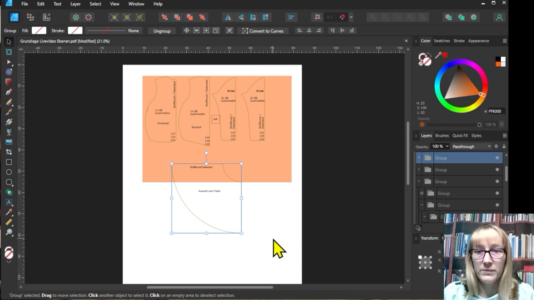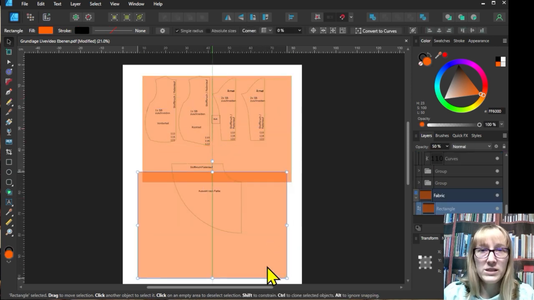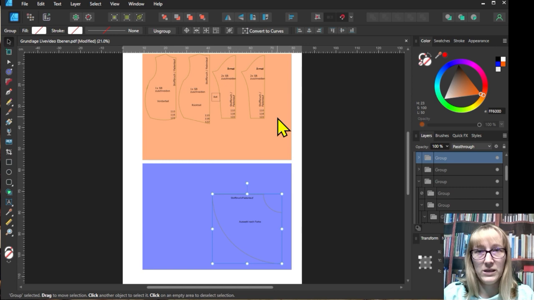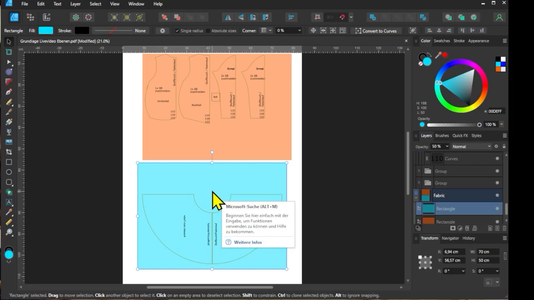I see now here, for example, that the skirt no longer fits out of the upper rectangle. We would need a second fabric. So that I know how much fabric I still have to buy for the skirt, I duplicate the rectangle once and choose another color. Now I can position my skirt here, and we need the whole thing once, so I duplicate and mirror. Now I can say I need a little less up here. Of course, don't forget the seam allowance because the fabric is doubled. So now I want the skirt to fit out completely.